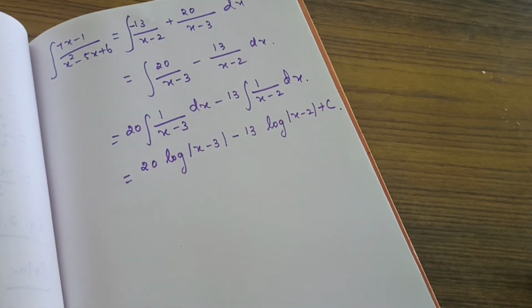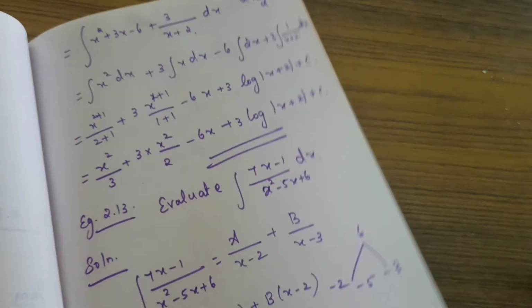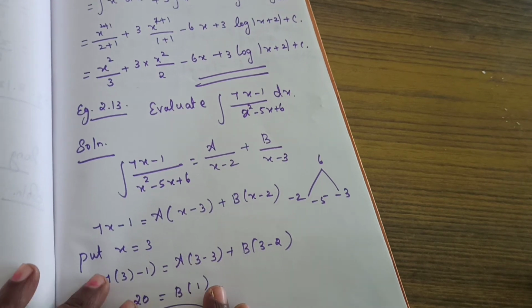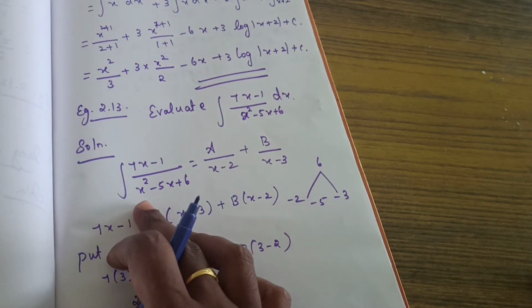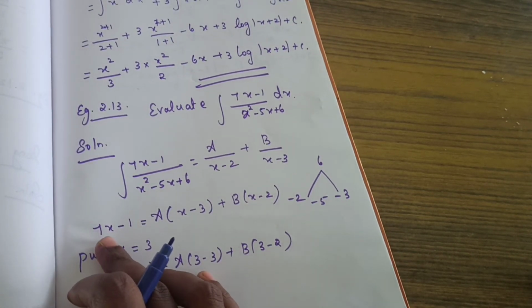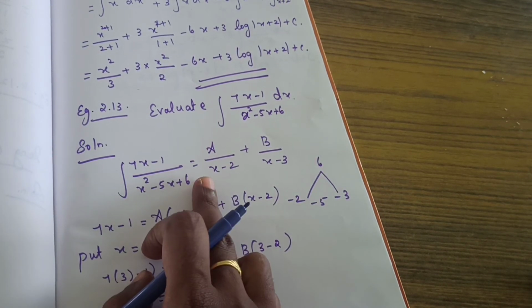This is the answer. Shall I repeat this question again? Listen here. To evaluate this, we can separate by using partial fractions. So how will you separate? A by one factor, B by another factor. So 7x minus 1 is equal to, if we take the LCM,